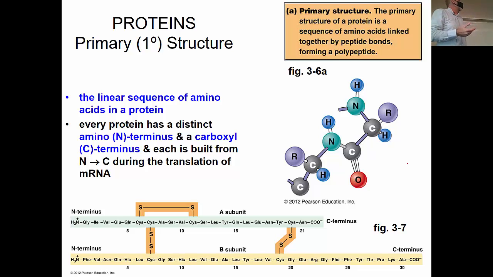This slide then is representing the primary sequence. This is an example taken from the textbook. What we can see here are 2 separate polypeptides, and what we're looking at is the linear sequence of them. This is also showing disulfide bonds in here. So we can see that this cysteine